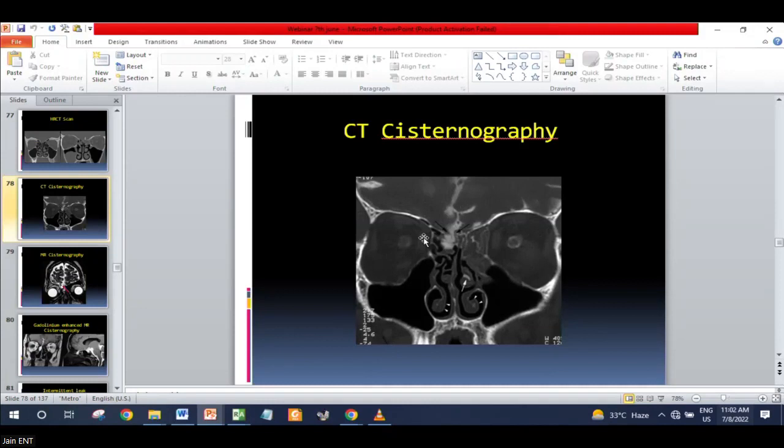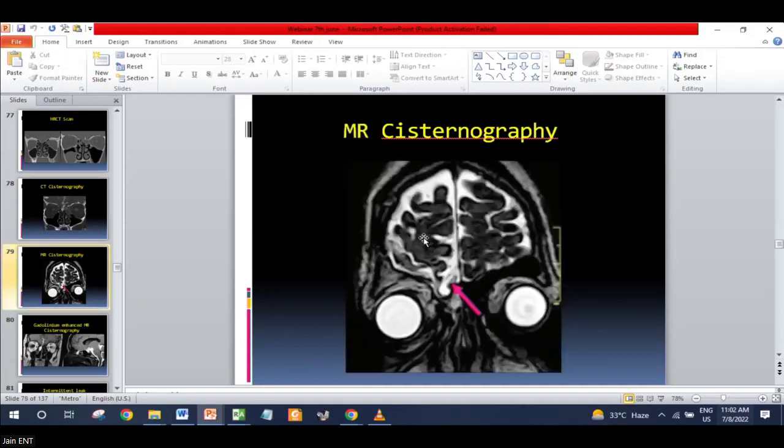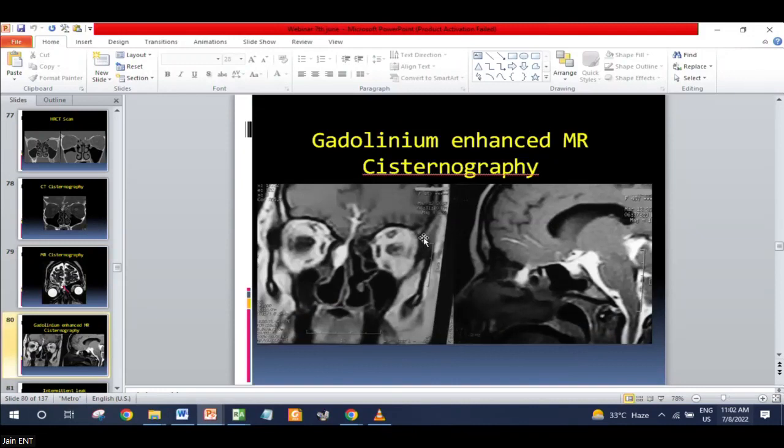What is contrast enhanced MR cisternography? It is not CT cisternography. CT cisternography you are seeing here. What I am talking about is a contrast enhanced, gadolinium enhanced, intrathecal gadolinium enhanced